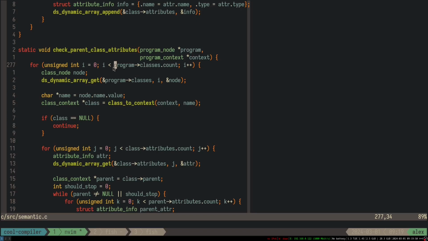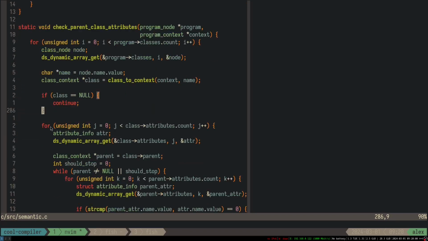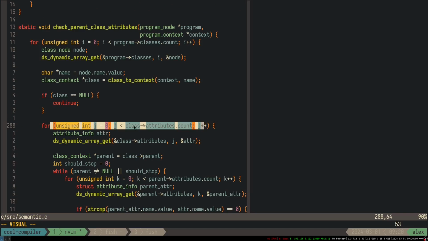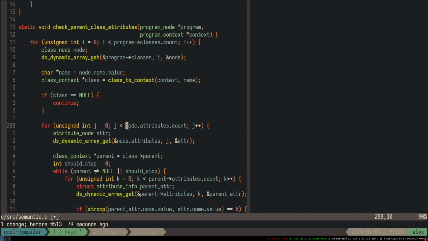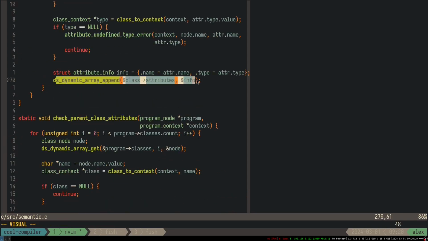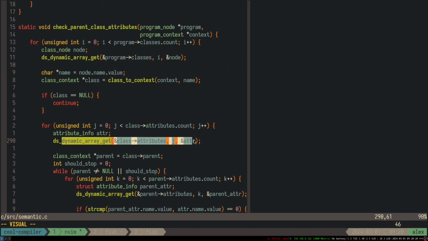So yeah, let's just keep it simple. Let's just go through the program classes, now get the context of the class context, then we go through the attributes from that context, although we can as well just use the nodes, but I think it's better to use this because we want to check only the ones that we added. Okay, so we check only the ones that we added inside of the context,